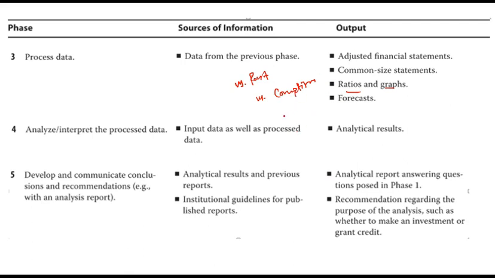Just performing the historical analysis is not important, but you should be able to forecast the future based on it. For example, you may find that sales growth over the past 5 years has been 10%. Based on that, you can come up with the sales growth for the next 5 years. You may say that sales growth will be the same because nothing has changed, or you may say that opportunities have reduced, population growth has reduced, market share has become so high, or the industry is reaching maturity, so growth will be lower.